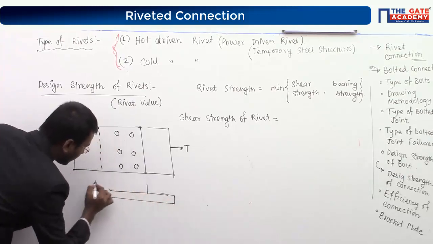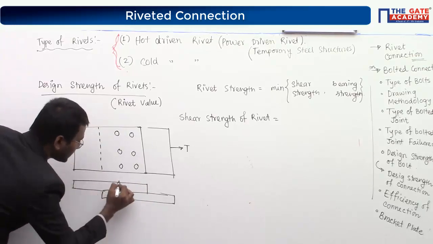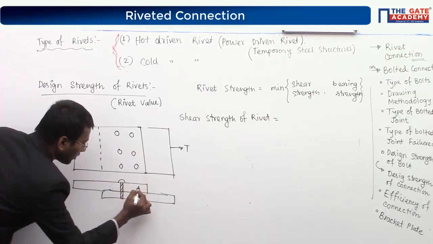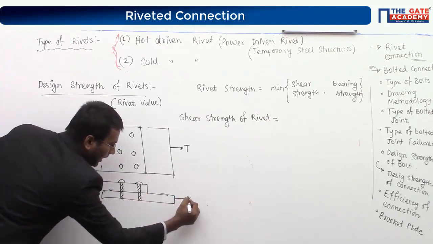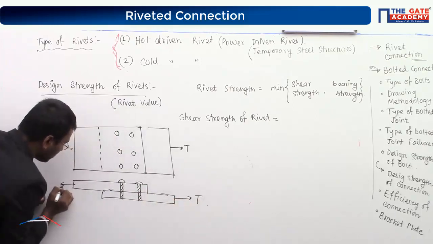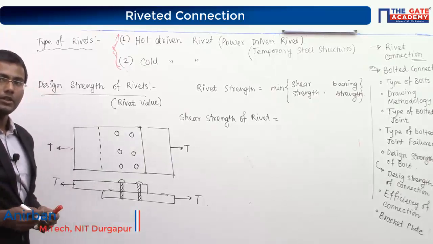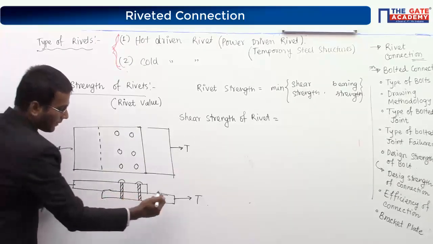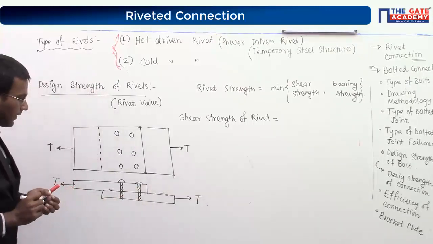You can find out that this was one rivet zone, this is also one rivet zone, and what I have done here, I have provided the tensile force in both directions, right? Now when you see this portion, you are applying this portion is actually your tensile force. Now if I apply the tensile force here,